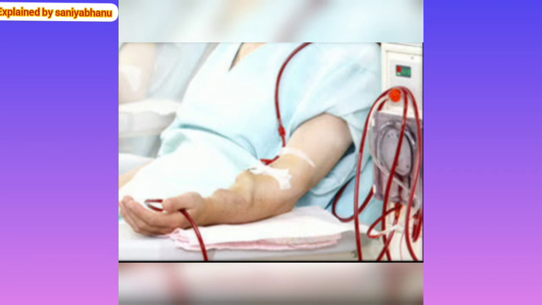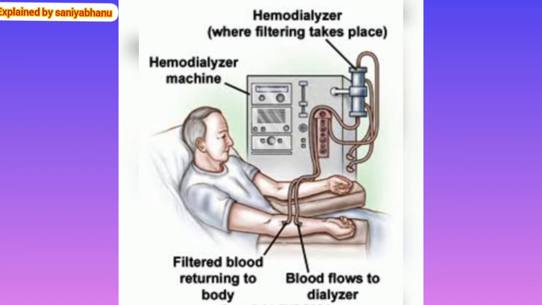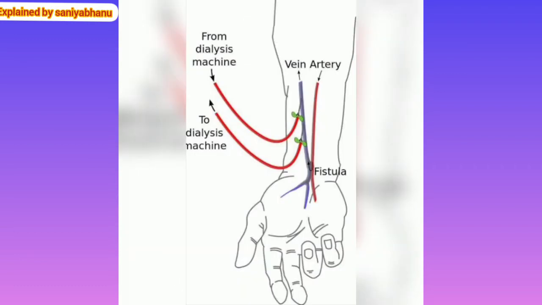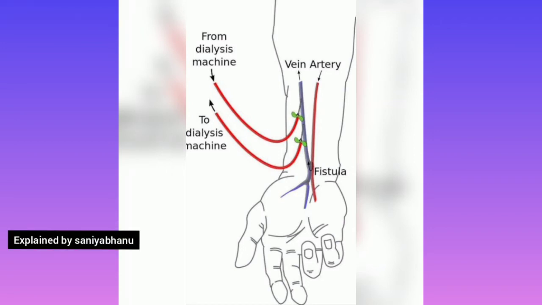This is similar to the function of the kidney, but it is different as there is no reabsorption involved. The cleaned blood is pumped back to the body through a vein after adding anticoagulant heparin. Each dialysis session lasts for 3 to 6 hours. This method has been used for thousands of uremic or kidney failure patients all over the world. Hemodialysis is also known as artificial kidney.